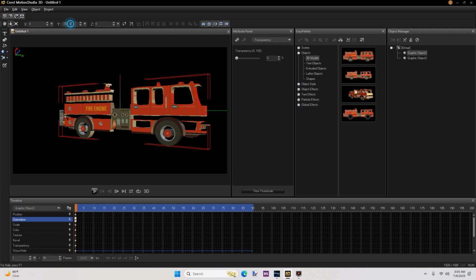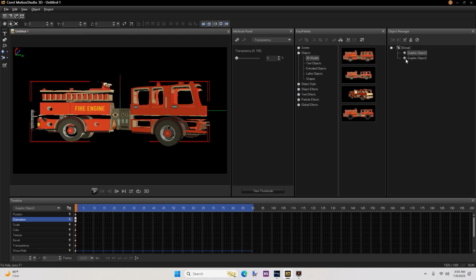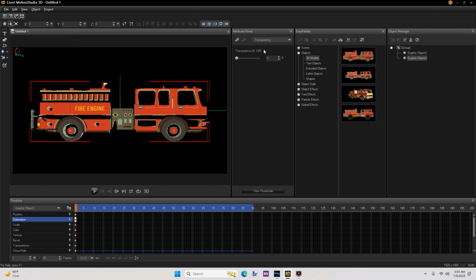So let's go up here and hit 0. Yeah, it brings it back. We'll have to do the same for this one because we loaded it in that position. Back. Okay, now looking at it from the top, we're going to take the camera up here where it says